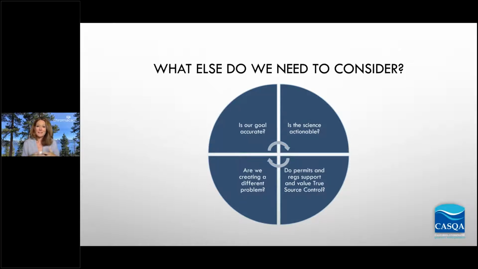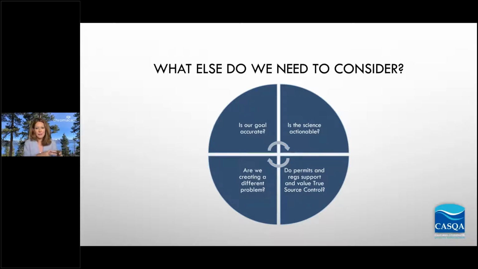One is, is our goal accurate? And I use the word goal on purpose. It could be, is the water quality objective the right water quality objective? We do have places, even some things we're working on right now, where the water quality objective is significantly out of date. So is the problem a water quality objective problem? Is it a source problem? Is it both? But if you're going to solve the source, you need to make sure that goal is right. And back to one of the things that Seth had said in the introduction, these